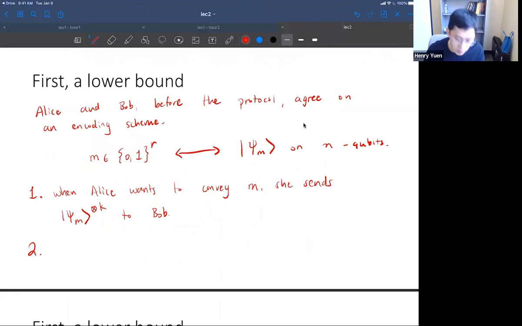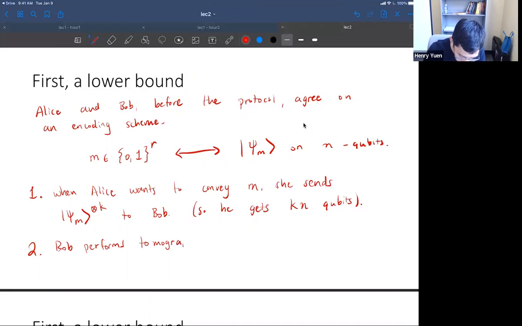Bob gets this collection of qubits. He's going to get k times n qubits, because each psi m is n qubits and he gets k copies. So Bob is going to perform tomography. And what's the guarantee of our tomography algorithm? He gets some classical description of some state theta that's also n qubits,